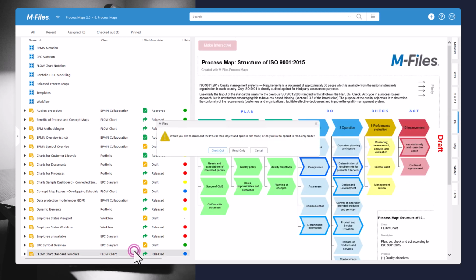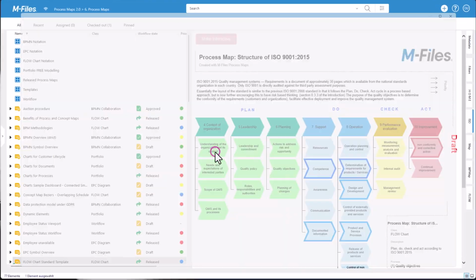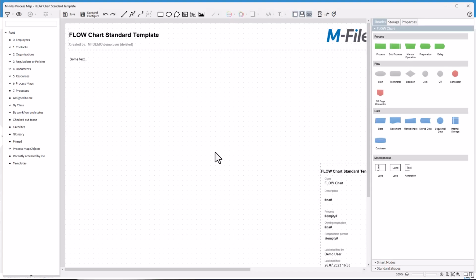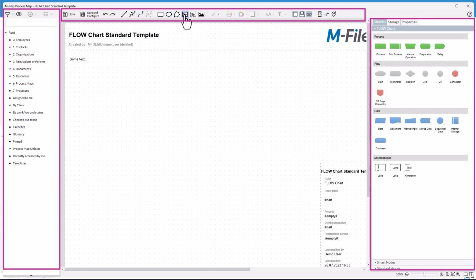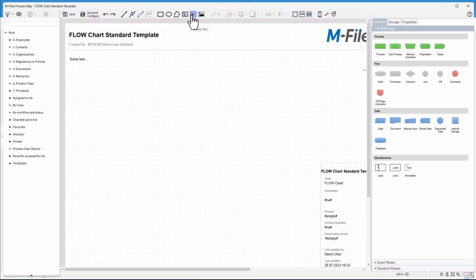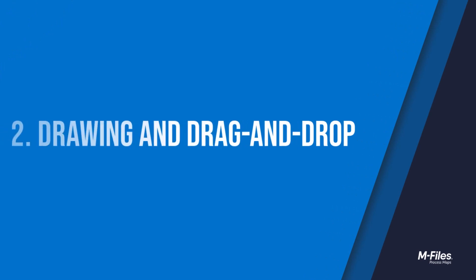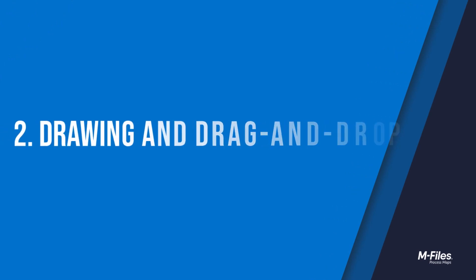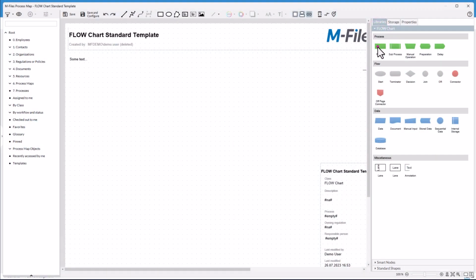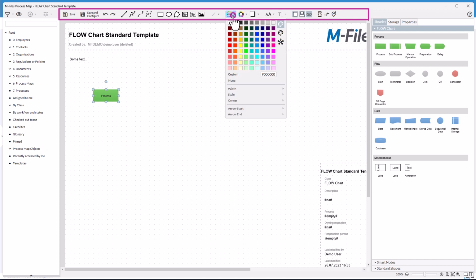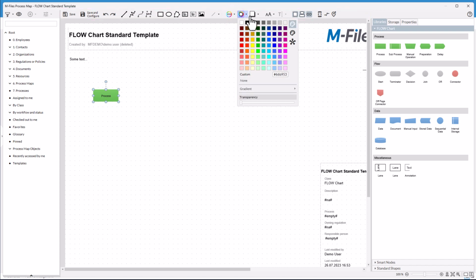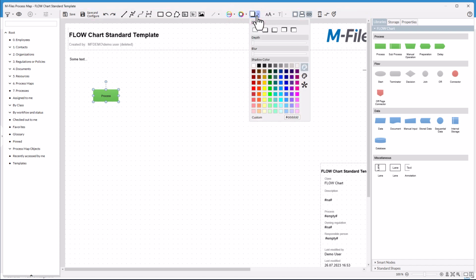Second, we have the Designer for creating new maps and editing existing ones. It gives you several types of drawing tools and symbol libraries so that you can easily create flowcharts and concept graphics. In the Designer, you find all the tools needed for the creation of process maps. The toolbar contains typical drawing tools and allows you to format the outlines, fills, gradients, texts, and much more of